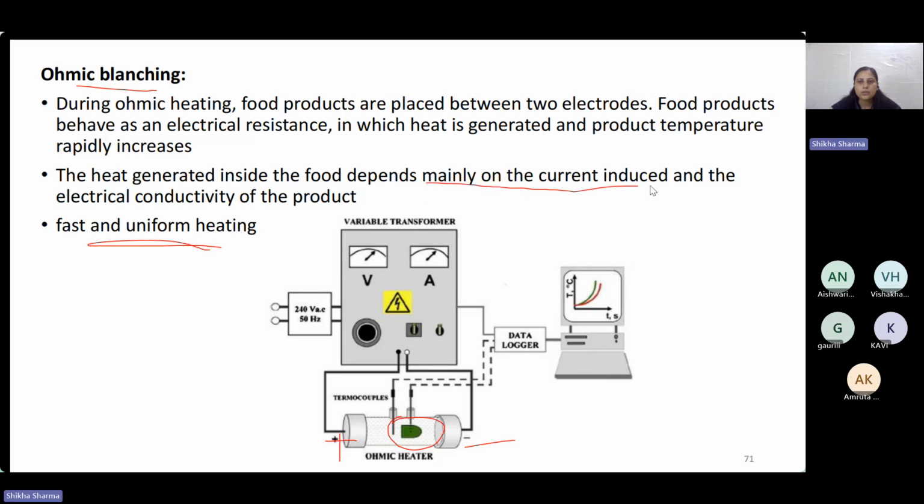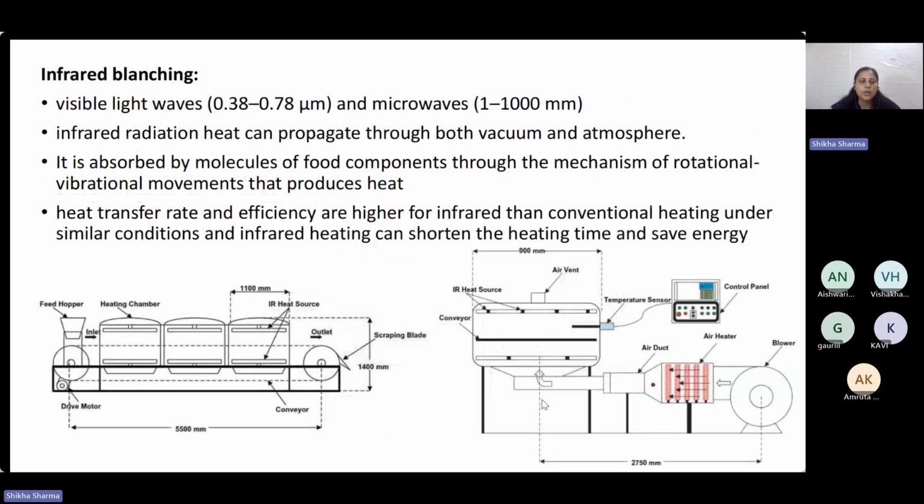It depends mainly on the current induced and the electrical conductivity of the food product. So it depends on the food product's electrical property behavior. Based on that, the product is going to heat. And in infrared blanching, what will happen? Infrared radiations, the visible light radiations and the microwave, they will both